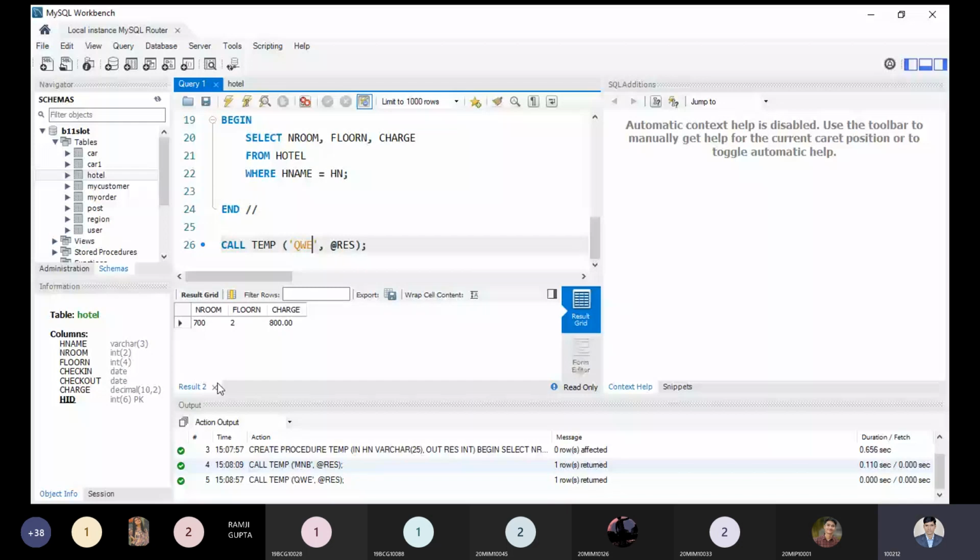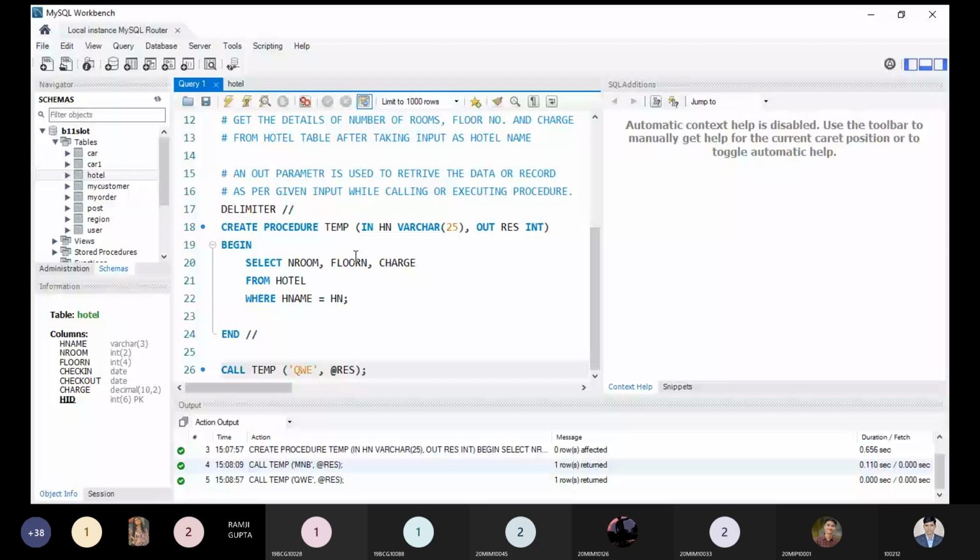Now it is clear to all right now. The out parameter is clear. Just tell me if there is any problem, you can ask me. The out parameter is clear. How to use the out parameter? What is the address actually doing? I didn't get it. Yes, that is a good question you are asking me.